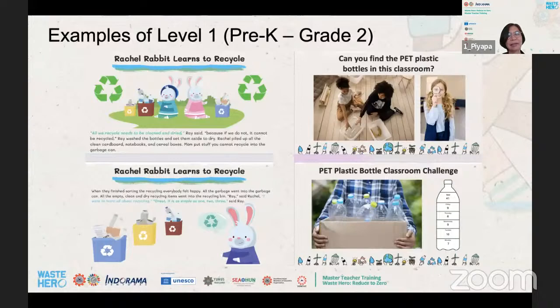Each lesson also includes a class activity worksheet, such as the bottle challenge, where students collect as many PET bottles as they can.